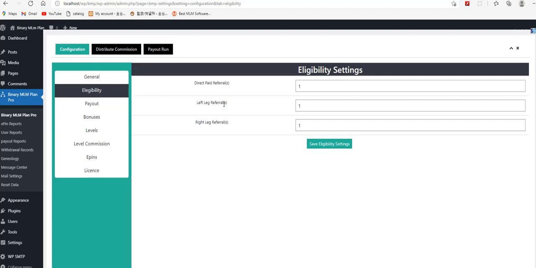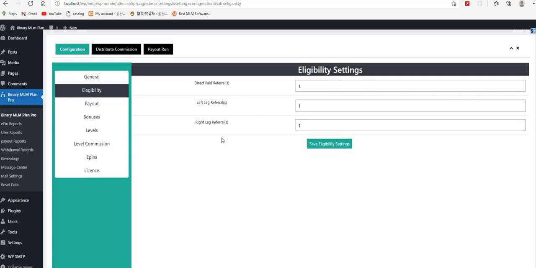It means that I should be the sponsor of that one member in the left, and likewise one member in the right network should be registered by my referral link, with me as the sponsor name. This is the eligibility settings section.